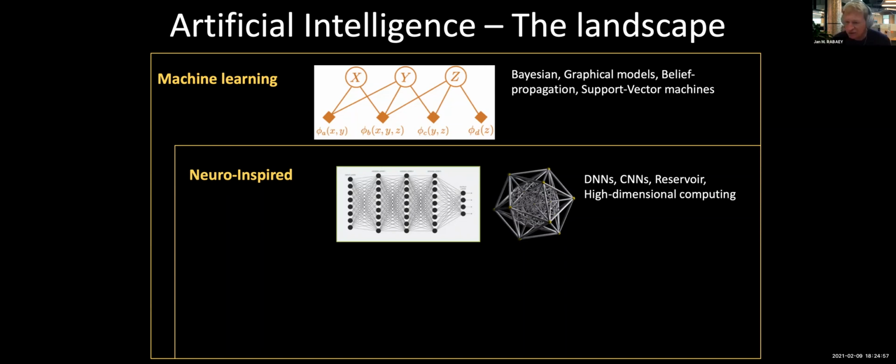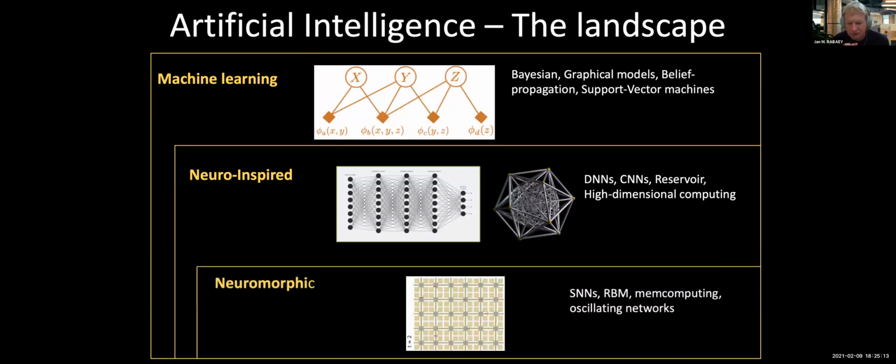neural nets, basically. And you can think about digital neural nets, convolutional neural nets, deep nets, reservoir computing. And one particular one that I'm going to talk more about today is high-dimensional computing. And then the last class is what we call neuromorphic, where you indeed try to